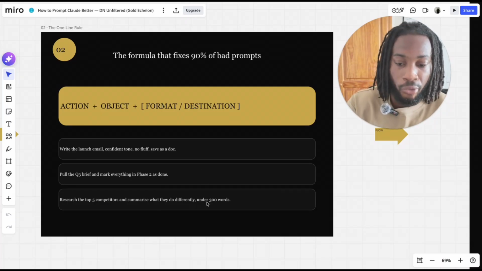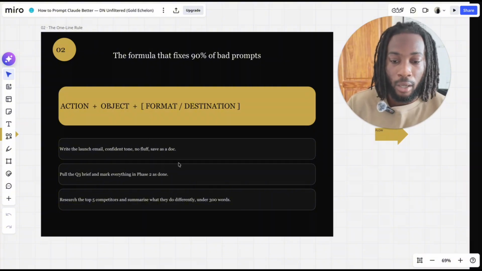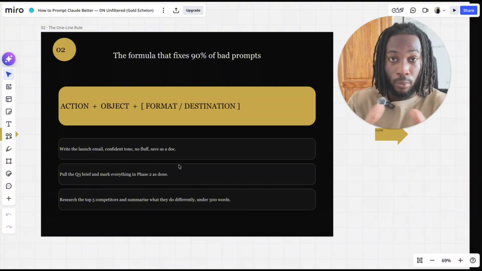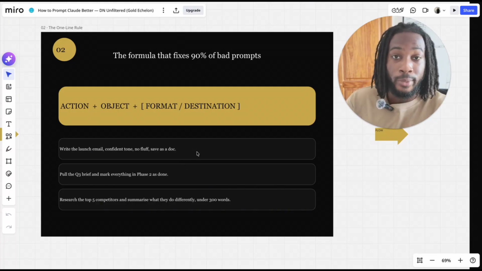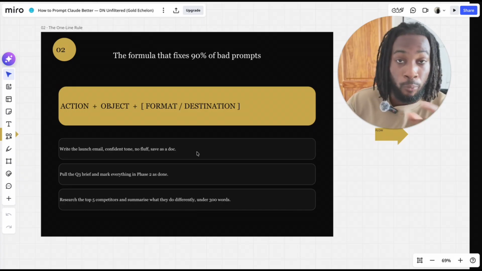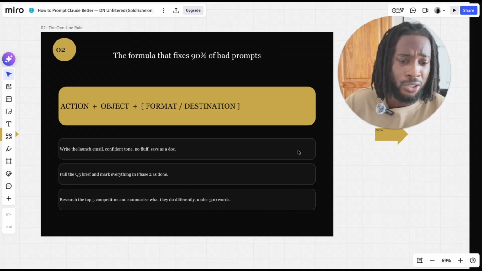This is under 300 words. Save as a doc. They didn't add a destination in here. But even for example, this whole entire presentation that you're going to see, this whole entire Miro board was created through Claude when I prompted it as I was going to sleep. And I'll show you guys how to be able to output 10 times faster than what you do right now, and I'll show that throughout inside this video. In fact, I can show you right now, why waste time?